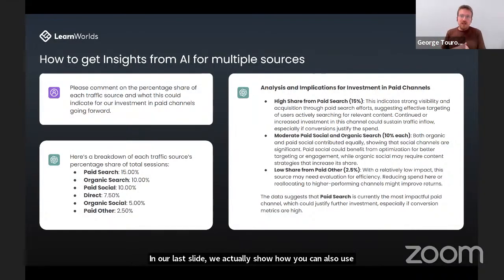In our last slide, we saw how you can also use ChatGPT to get deeper insights out of your data. So we uploaded the Google Analytics dataset, and we asked it to comment on the percentage share of each traffic source. ChatGPT is now smarter than it used to be. It keeps the context of your whole discussion within the same thread, and it gives you some advice on how to increase your return on investment for your next offer and your next endeavors. Hopefully you can use some of these learnings also in the business as usual part of your business, or even for your next offer.